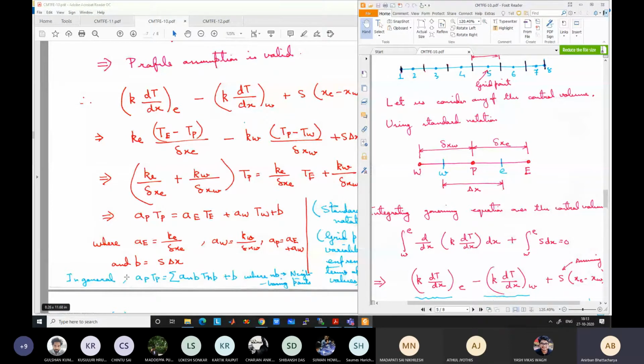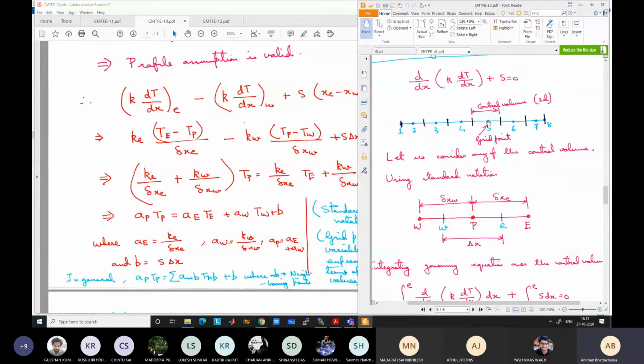Whenever I am considering this point, SP, this is the equation, like 0.5 SP. When I go to 0.6 SP, again this is the equation, but now the neighboring points are 5. When it is 0.3, neighboring points are 2 and 4. When it is 0.7, neighboring points are 6 and 8. The treatment of 8 needs to be somewhat different because it is a boundary condition, a known value, or even if it is an unknown value, some extra information is there. That we will discuss next.